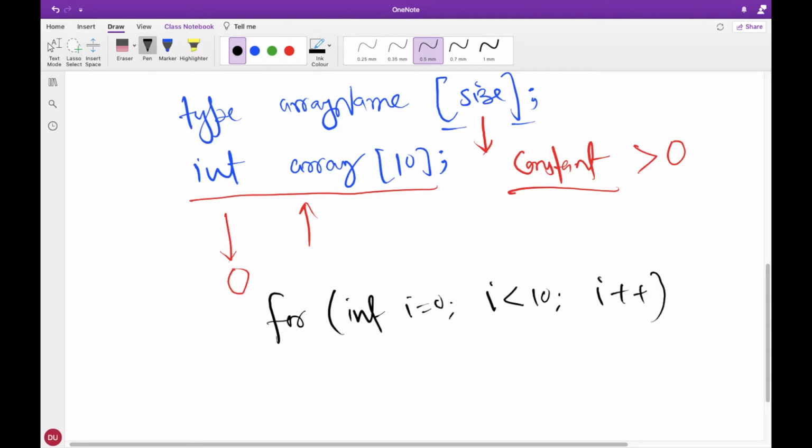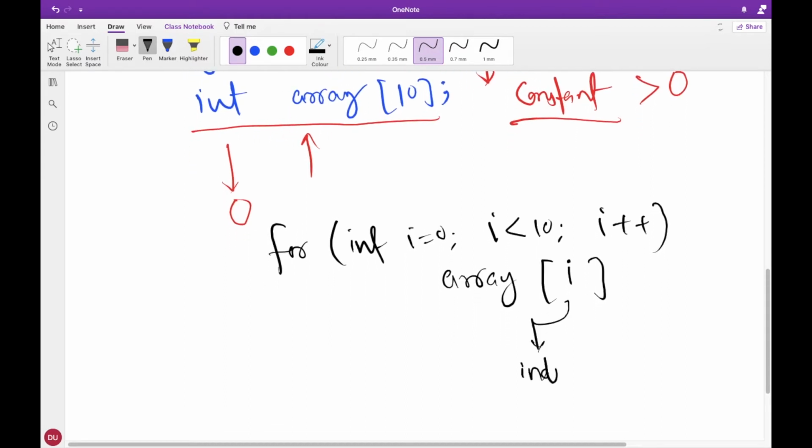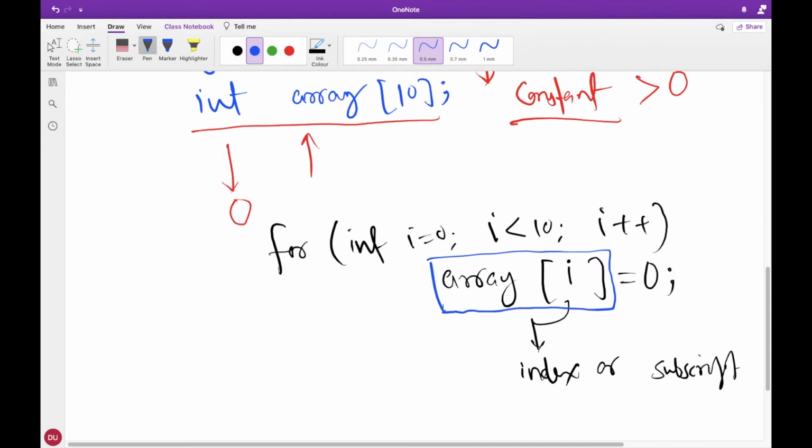And when you access an array, you use this square bracket and use some index here, which is called index or subscript, right? So using this index or subscript, you assign or access the element of the array. Here we want to assign 0 to all the elements, so put 0 at the end and then a semicolon. Clear? So this is the way you can assign or access some array elements.